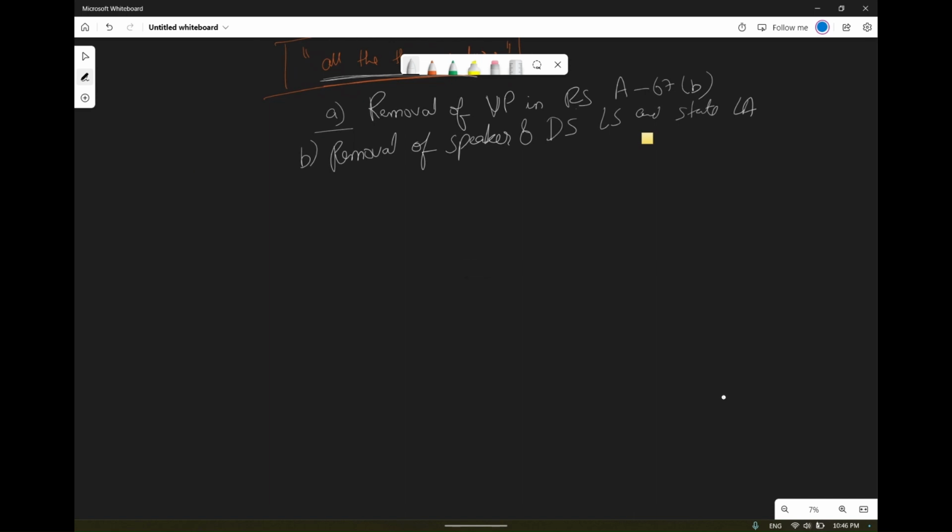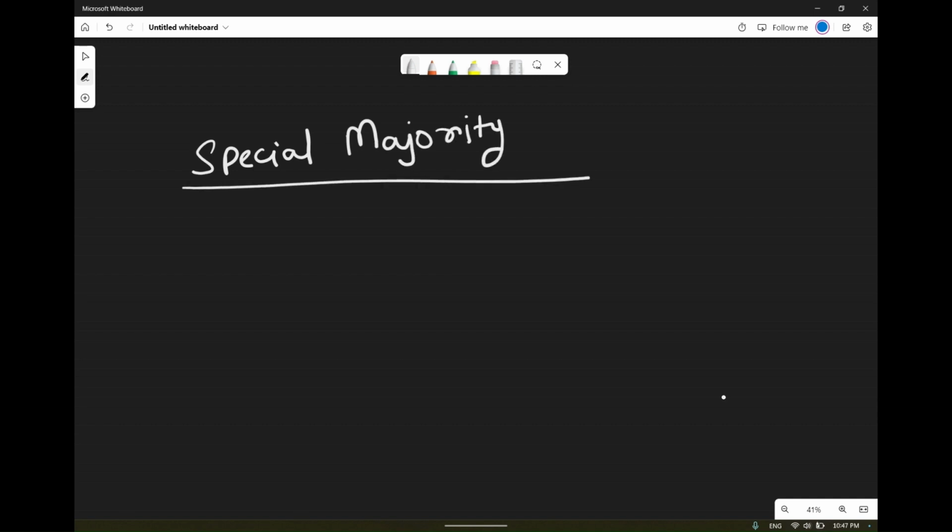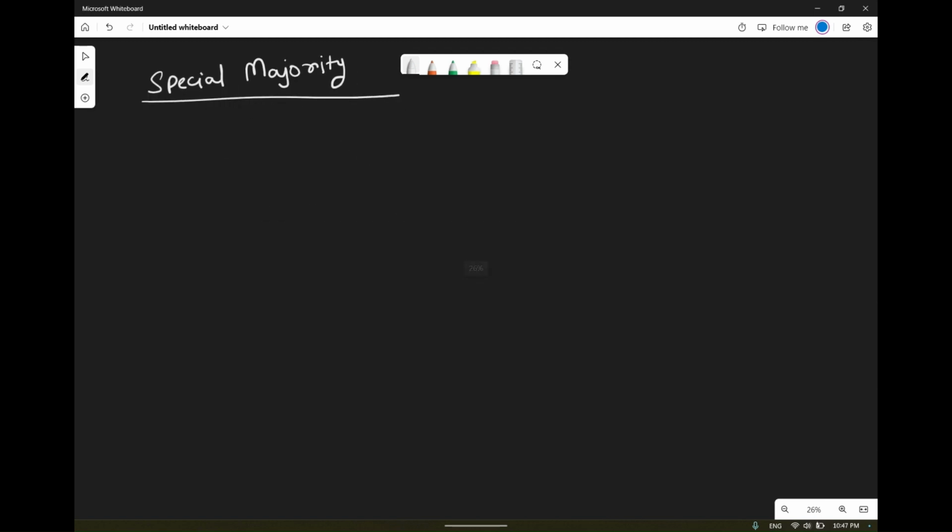Okay, now very important, another one, this is pretty much complex. This is called a special majority. Let me make it bigger. Now, special majority. First, it has different types of flavors. This special majority has different flavors. The first flavor of this special majority